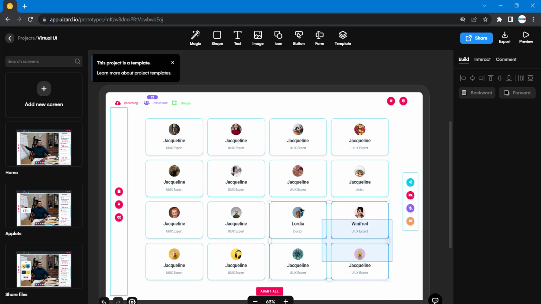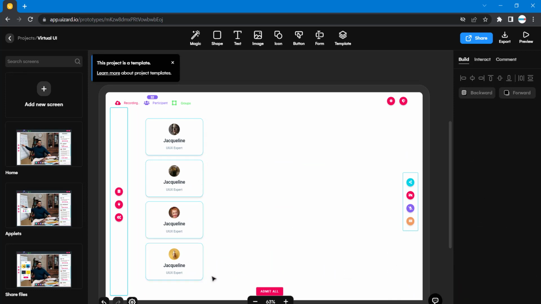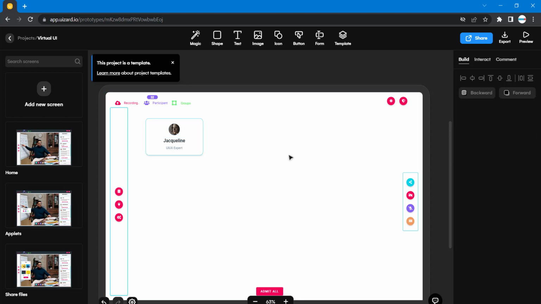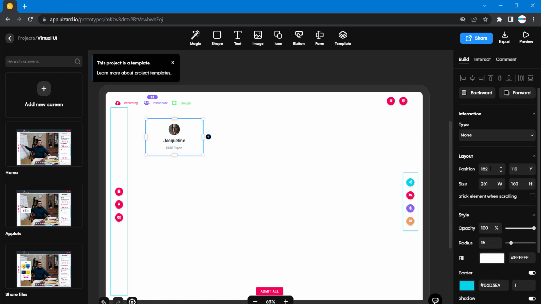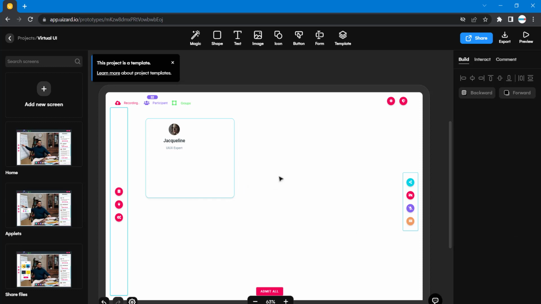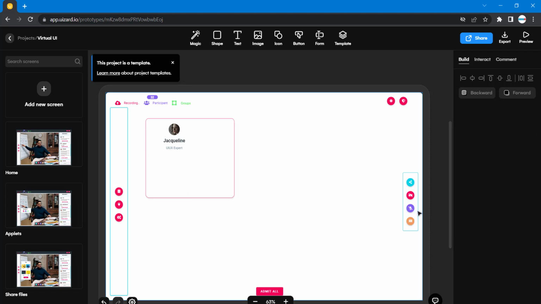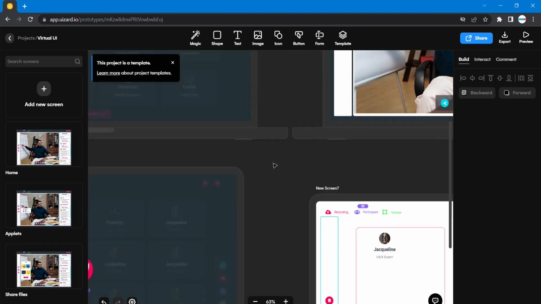So I can take all of these out. So I'm going to make this 403. Let me ungroup it. So ungroup, and then I'll do this 403. So the width is 403 by 344. Okay. And then the border color is going to be this color. Okay. Now we have to do